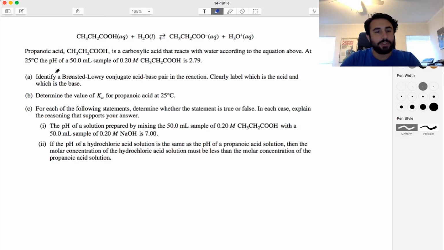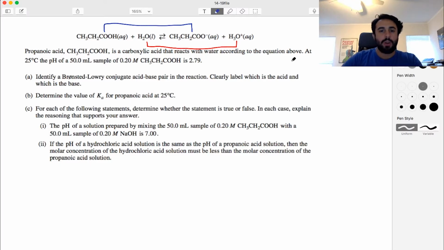Now, first, identify a Bronsted-Lowry conjugate acid-base pair in the reaction. We want to label the acid and the base. So what is a Bronsted-Lowry conjugate acid-base pair? A Bronsted-Lowry acid donates a proton and the base accepts the proton. So we're looking for species that differ in a single protonation state. So the difference of one proton, so that means clearly here is one. We've got one pair right there. And here's another,